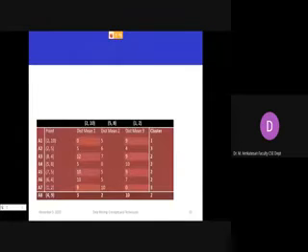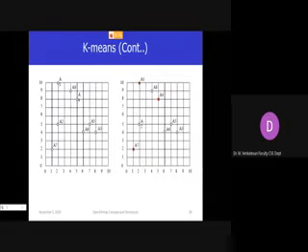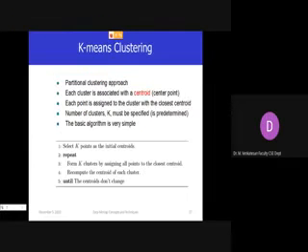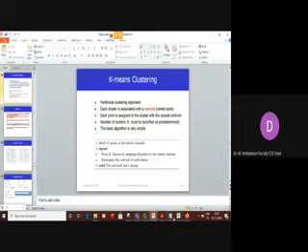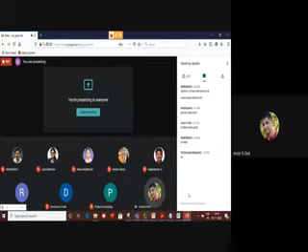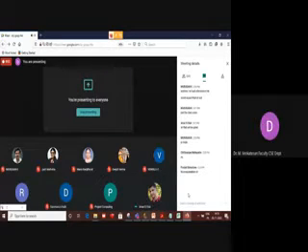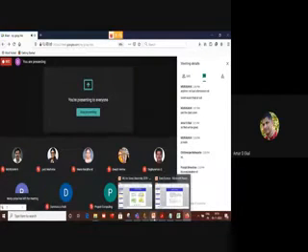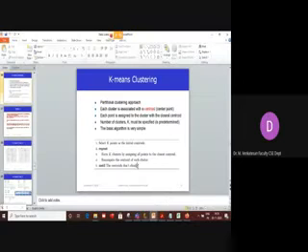Okay, I hope the k-means clustering concept is very clear to everyone. If there is any doubt in that, is it clear? Sir, how did you select the first points as 2, 8, 2, 10 and 5, 10? It's random, sir. You can choose any point. Any point we can select.